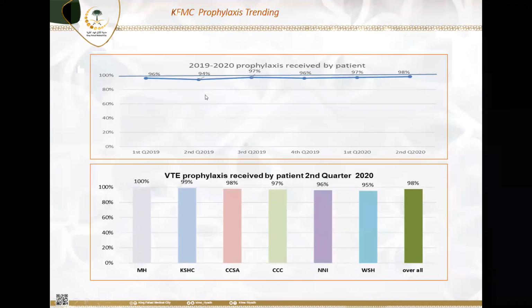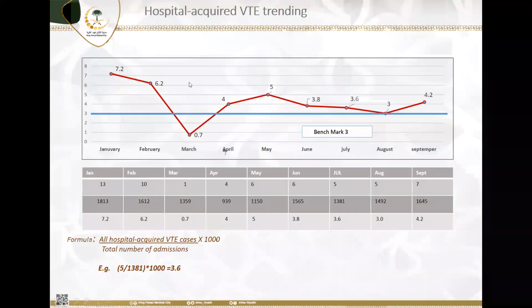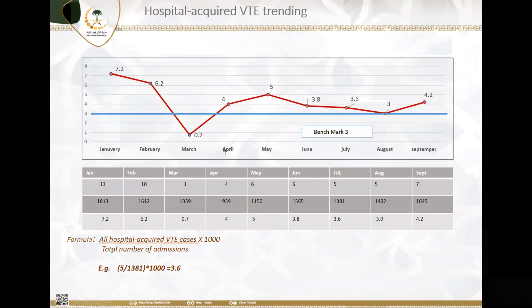Then we have the last key performance indicator, hospital-acquired VTE. The accepted international standard is about 3 or less per 1,000. This is the incidence: 3 new cases per 1,000. You can see here our data for 2020 from January: the high is 7.2, 6.2, 4, 5. The last one is about 4.2. How do we calculate it? Very important. The formula: all hospital-acquired VTE cases